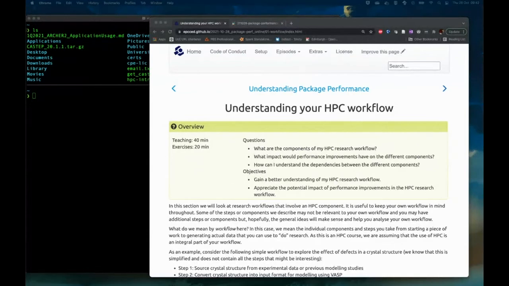It's the individual components and steps you take from starting a piece of work to generating actual data you use to do research. Now, that covers many things. As this is an HPC course, we're really assuming that the use of HPC is an integral part of the workflow. So a simple example might be something